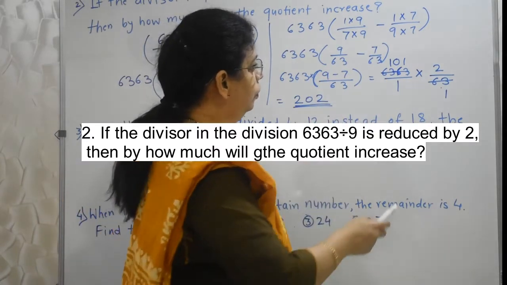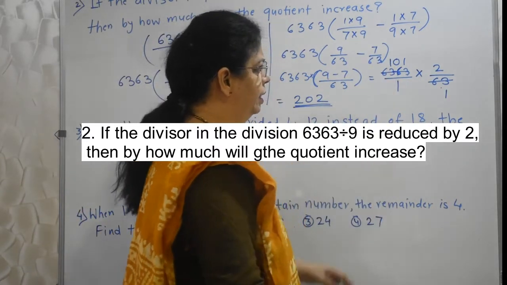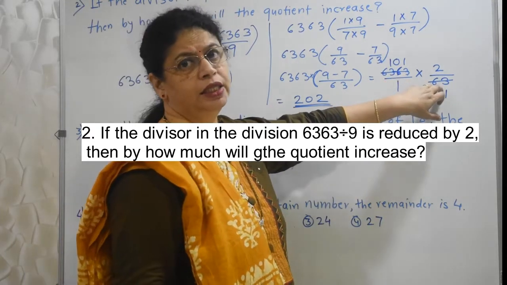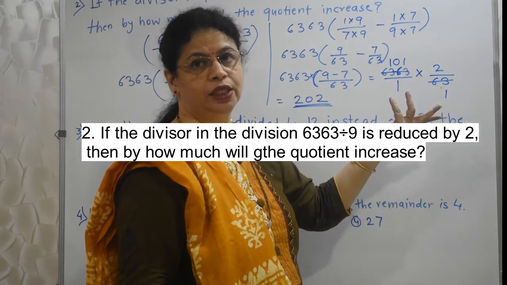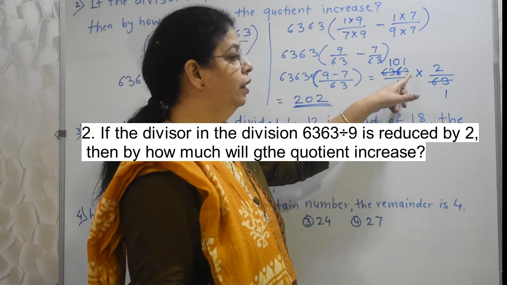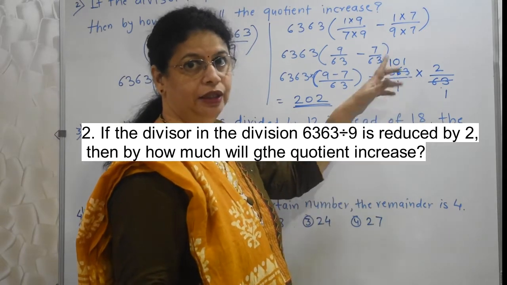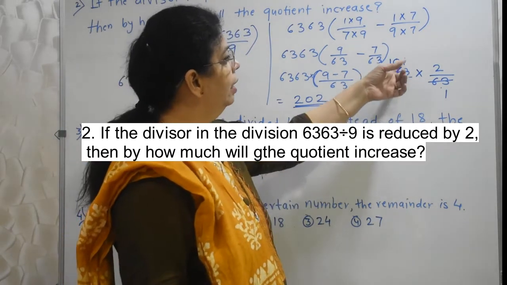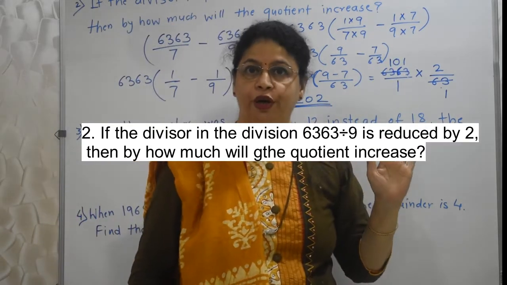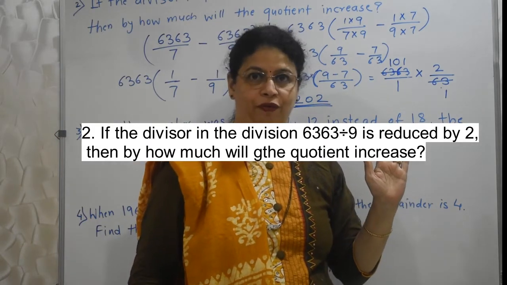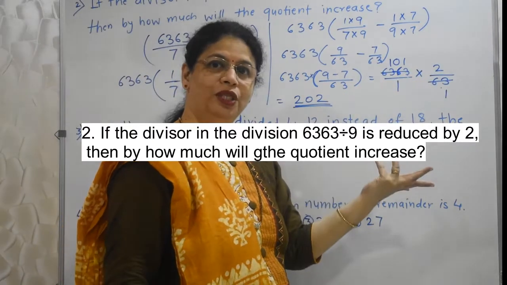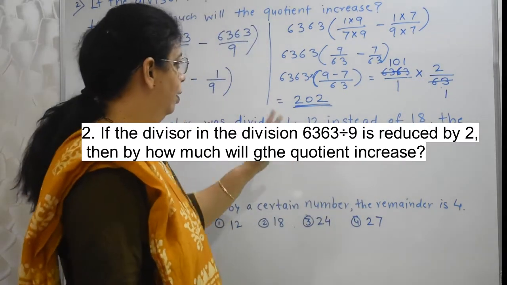So now 63 ones are 63 was very simple. Then I took this 6. But 6 is smaller than 63. I cannot do anything with just 6, so I have to give 0 here. Then this 63 can be attached to this 3 and then again I will get 63. Then 1 is 63. This 0 is very important, students. Please be careful, okay? So the answer is 101 into 2, 202. Then it is very simple, okay?